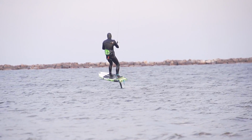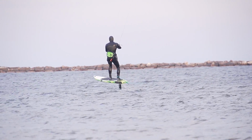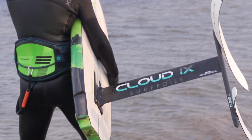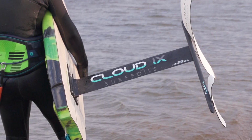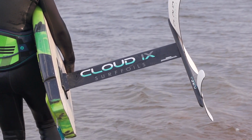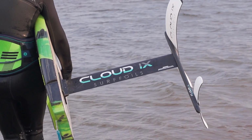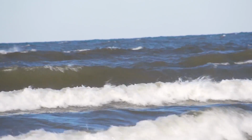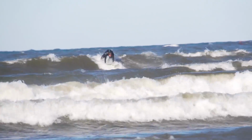One of my favorite things about this foil is the mast length. It comes standard with a 27-inch mast. So if you're a guy that wants to get out there and carve around on your surfboard, it's really kind of the preferred method nowadays to have a little bit longer mast, or some way of lengthening that mast, in a more choppy or larger wave scenario. So that gives you a little bit more play